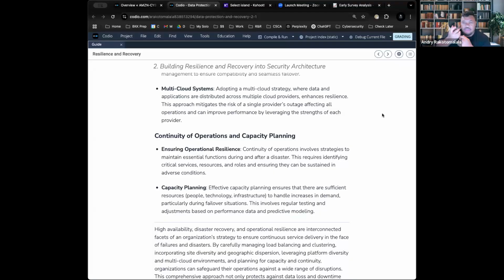But then if they have an application that they're trying to work with, well, then they're typically going to use Google Cloud, right? So Google Cloud has Kubernetes or Docker or one of those services to actually host the application itself. But when it comes to IAM, which stands for Identity and Access Management, which means are you who you say you are? It's authentication, authorization, and accounting. The IAM function will be held by Azure, which is Microsoft. That's an example of using multiple cloud systems so that one of them has a specific service.